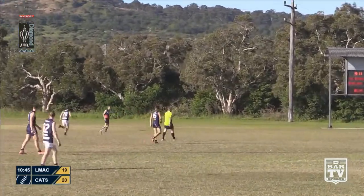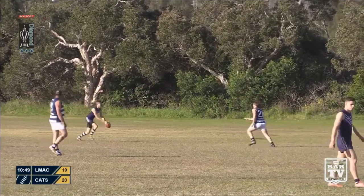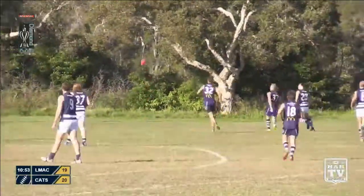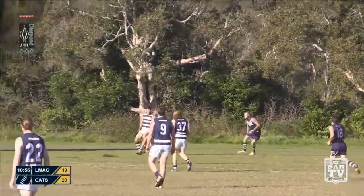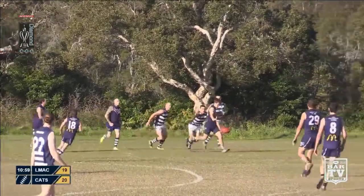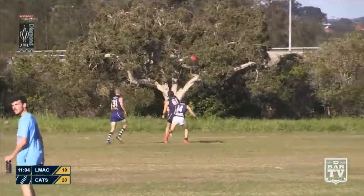Short kick out. Clayton Beck picks the ball up, and it's got a mark. Back pocket. It's the ball through. Rory Sleeth sloping along there. Through to Chad Hooton, back to Rory Sleeth, and he's pumped the ball forward, and